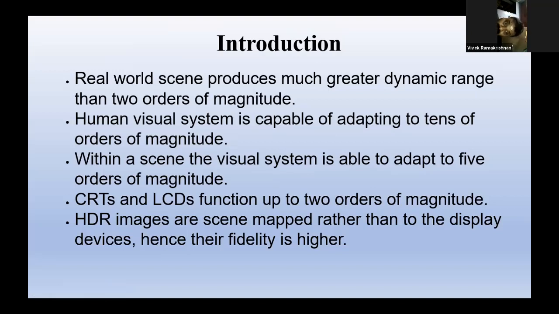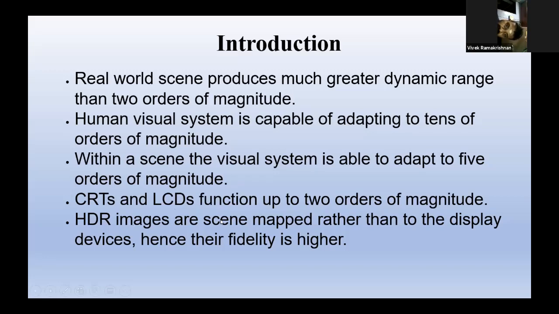So ideally that can be one solution: you make the hardware adapt to the magnitude of the HDR format which is given, or you make the image itself into a mapped value which will actually be represented in the hardware. That means it can be either paper, a CRT display, or an LCD display. Basically, you can adapt up to 2 orders of magnitude in the CRTs and the LCDs.